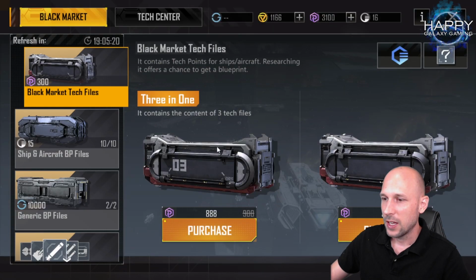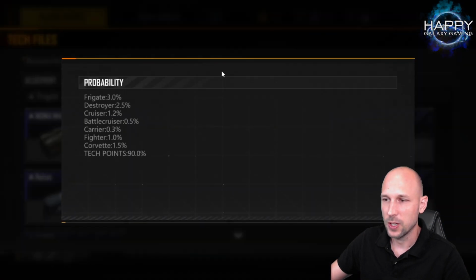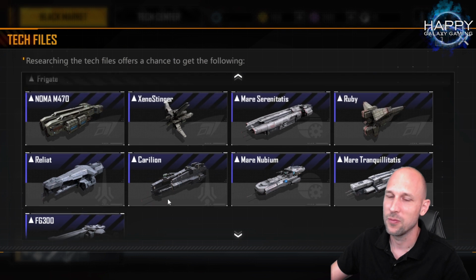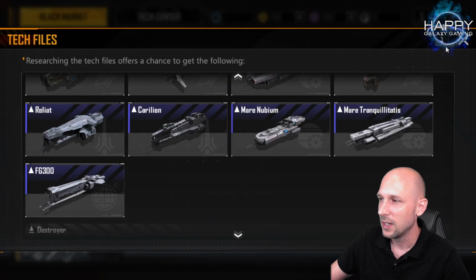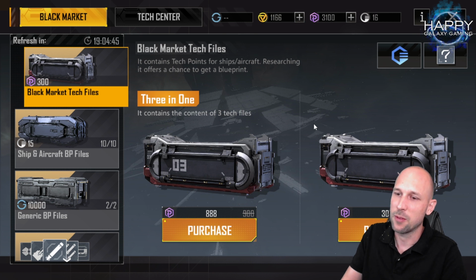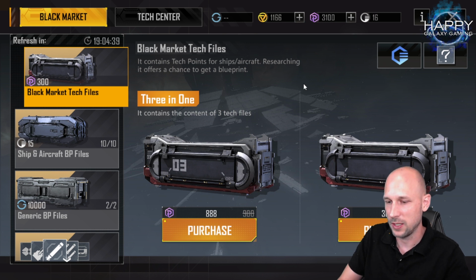Now, as said, if you get a normal black market tech file, you also have only a 10% chance to get a blueprint, but the blueprints you can get are many more, and there are many more low tier blueprints you might get. Sure, there are also some good ones that are now not available, Xeno Stinger, Ruby for example, for the frigates. But now, why do I think the 450 Proxima coins are worth it? That is because of the double tech points. To get double tech points, you would need to buy 2 black market tech files. Now, this is something you have to consider: if you are a free to play player,